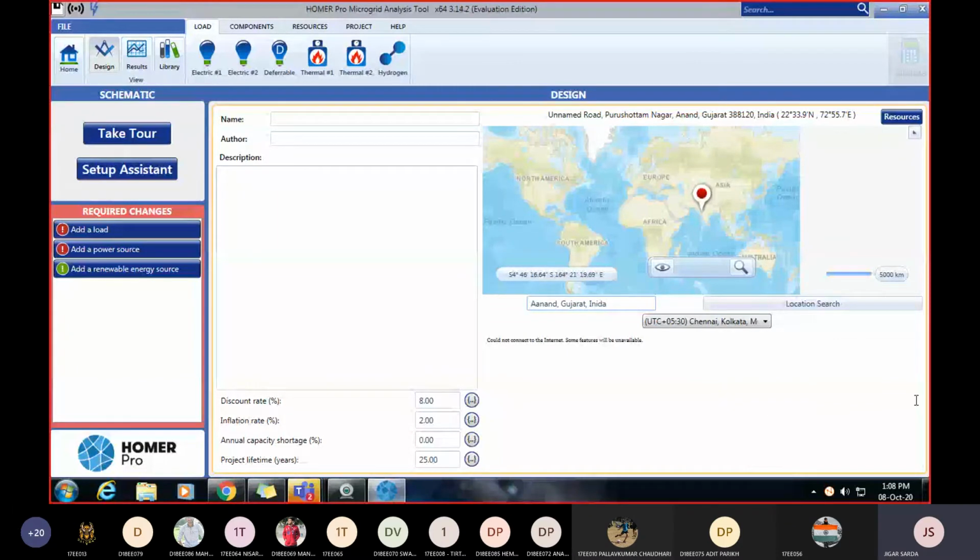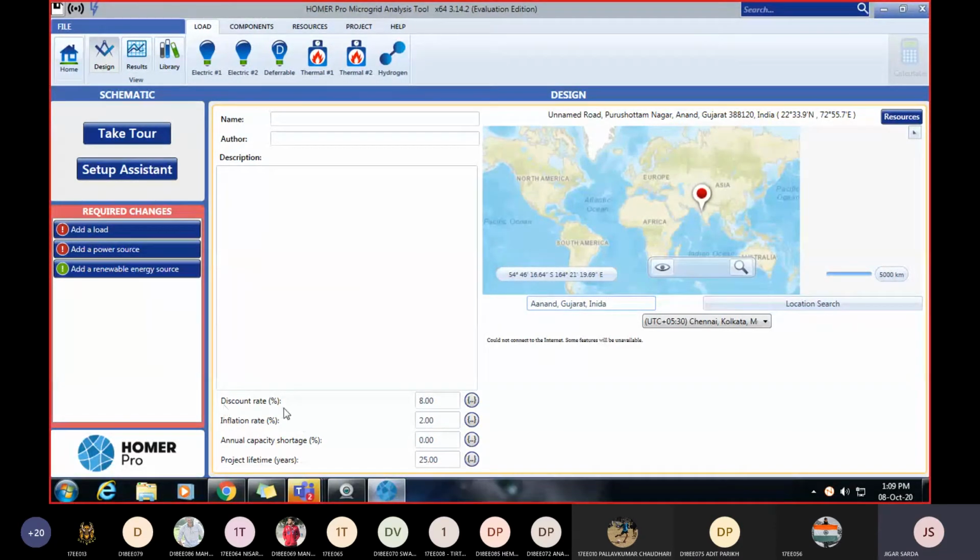If in your microgrid a solar panel or solar generator is present, you have to know the irradiation of your area, right? So from this map we directly take the solar irradiation in our project. We will see this in our analysis.